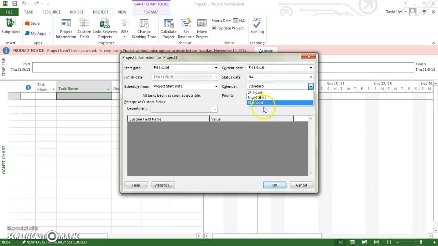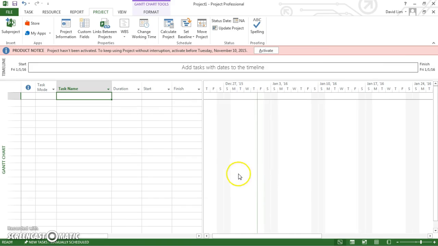Make sure that the calendar is set to standard, which just means that the schedule will be made according to a 5 workday week, excluding weekends. So press OK, and then the schedule will change and it'll get bumped up to January 1st here. For the first task name, you can just name the plan something like electronic health record implementation plan,